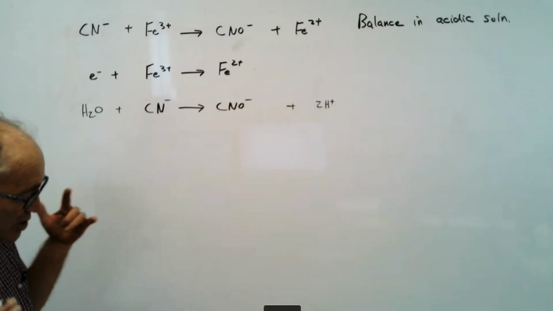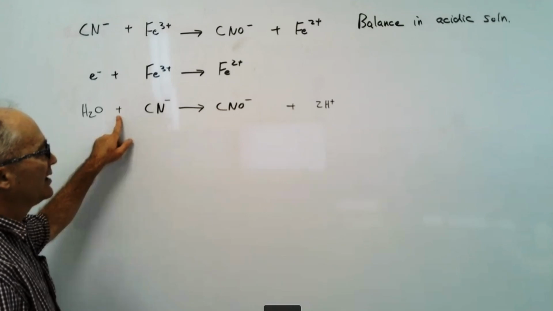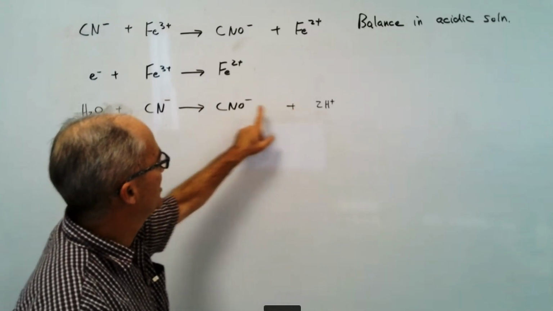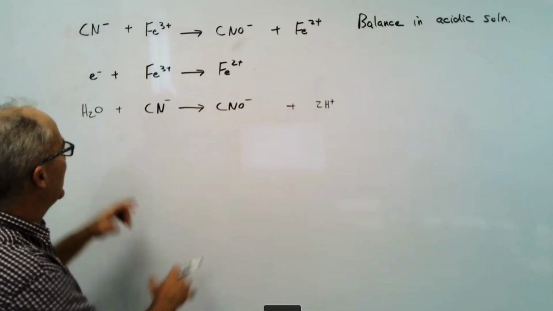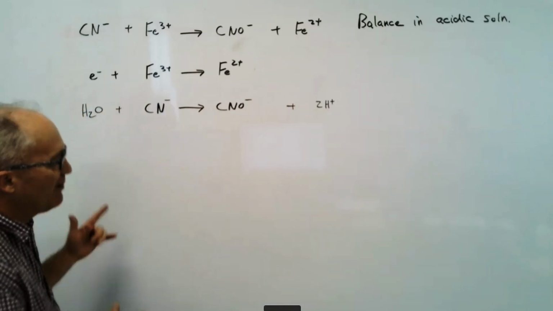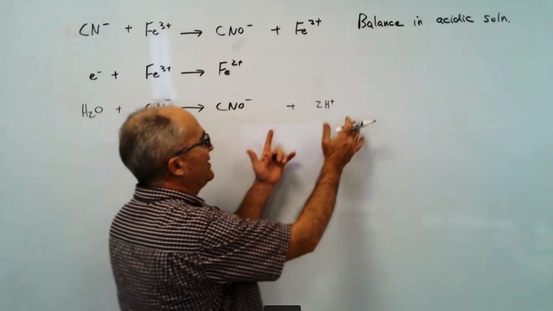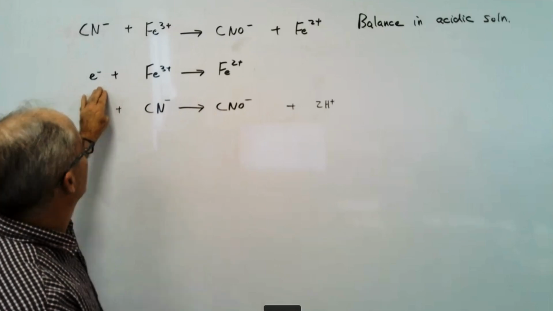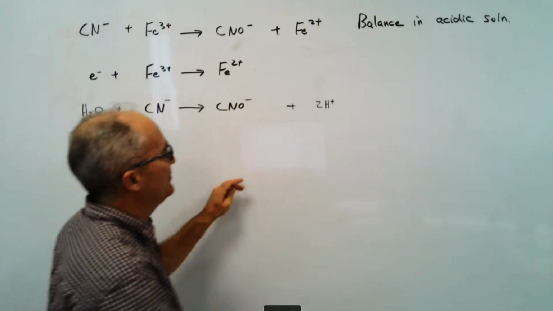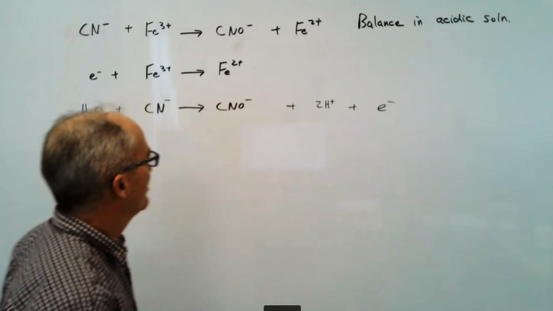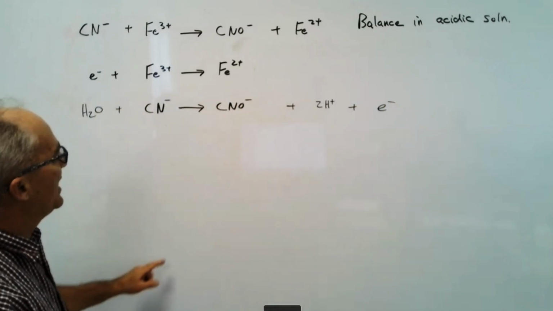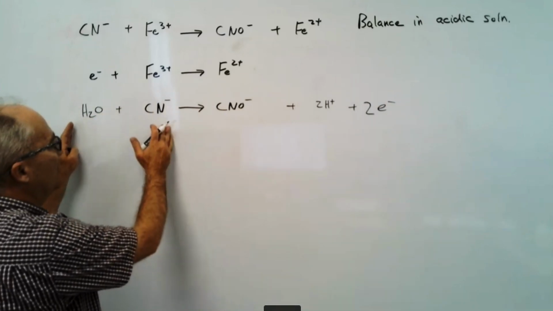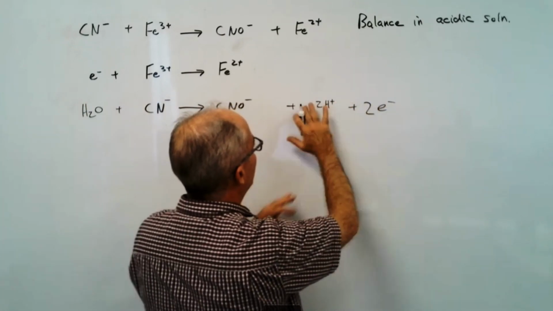All right, now I got to charge balance this thing. -1 over here. What do I have over here? I have a +1 because I have +2 and -1. So adding more electrons to this side won't help me out. Evidently I need to add electrons to this side. It should make sense if we did this top half right. Where are these electrons going to come from? They're going to come from over here. So how many electrons do I need to add? 2. Thank you, Nick. All right, so now I have -1 over here, -2 over here, so those kind of